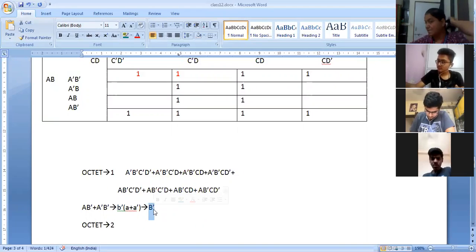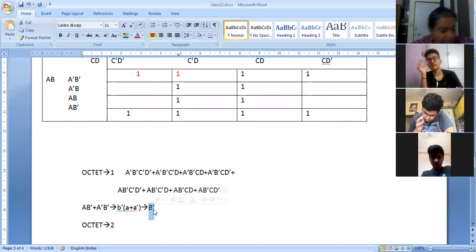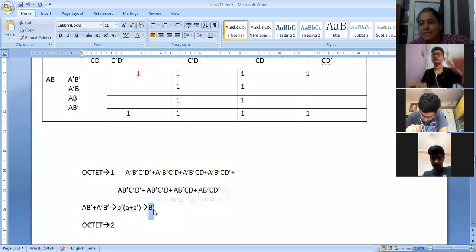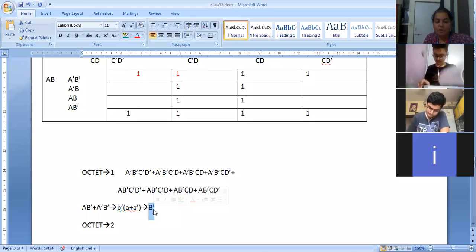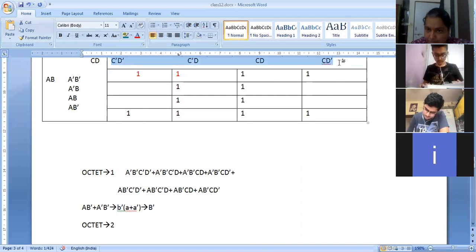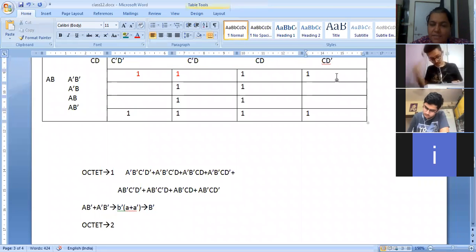So if possible, you should start with taking octets. If you can't make an octet, you should go for a quad. If you can't make a quad, you should go for a pair. This question is given on page number 53. I want you to open it because a few things are given nicely in the book. They have drawn the way I am drawing. The only thing is they are drawing something here, which I can do in some other app, but not in a Word file.